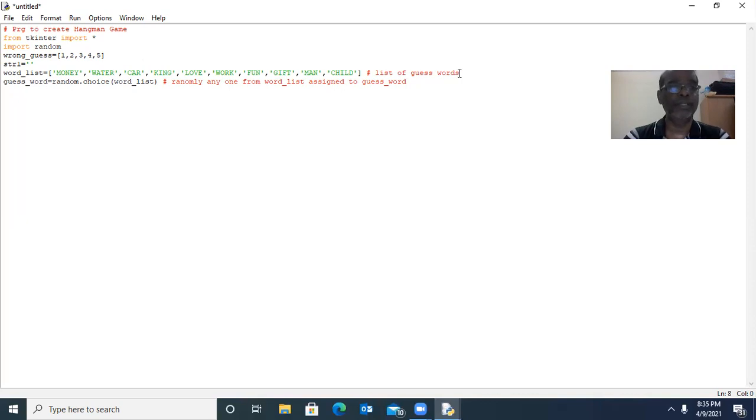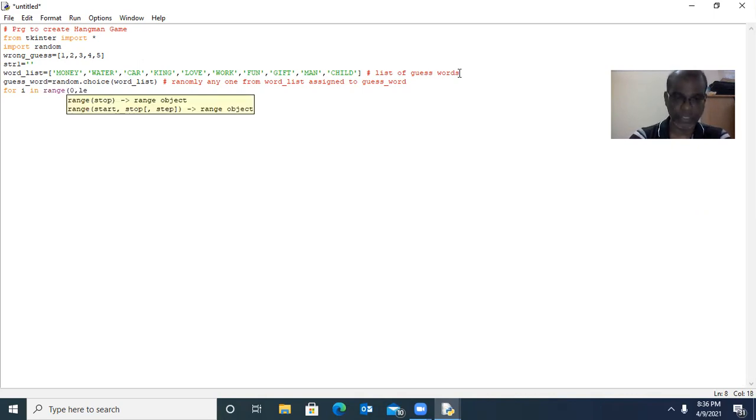before going to this, we need to find out how many characters are available in guess_word. Based on this, we need that many hyphens displayed in the text box. So here we need one for loop to find out how many characters are in the word stored in guess_word. For i in range of 0, len of guess_word.